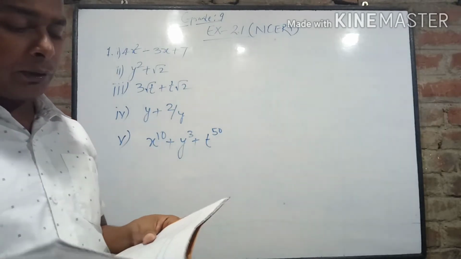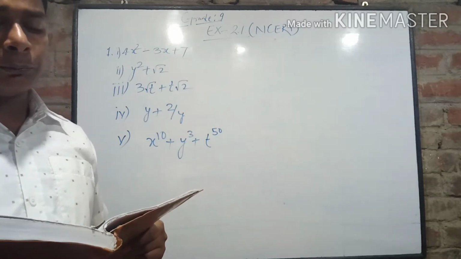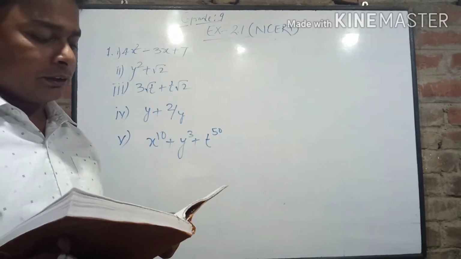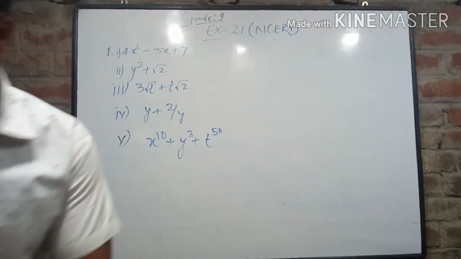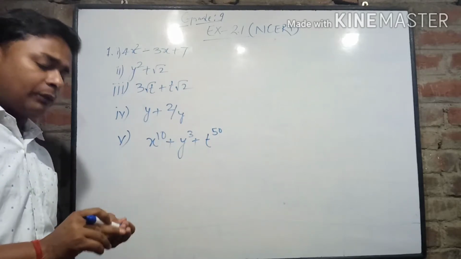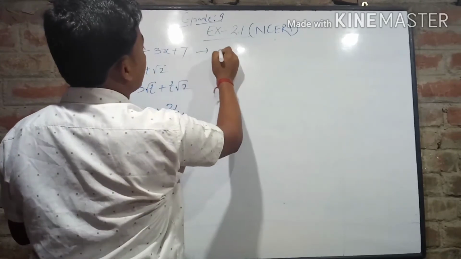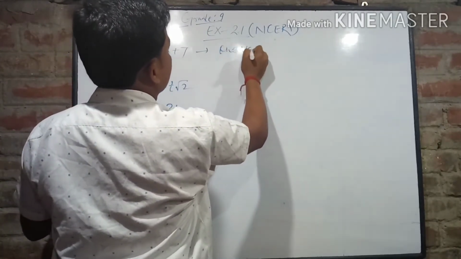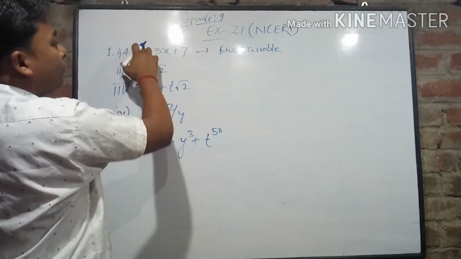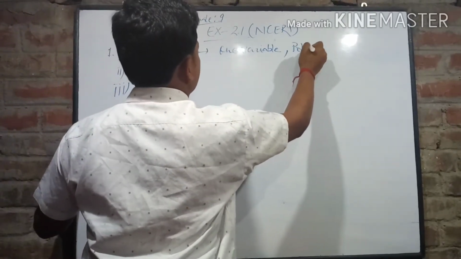We have question number 1 of NCERT. Which of the following expressions are polynomials in one variable and which are not? State reasons for your answer. We have to give the reasons for why it is a one variable polynomial. So my dear, this first question is in one variable, as well as their exponent values are 2 and 1. That's why it is also a polynomial.